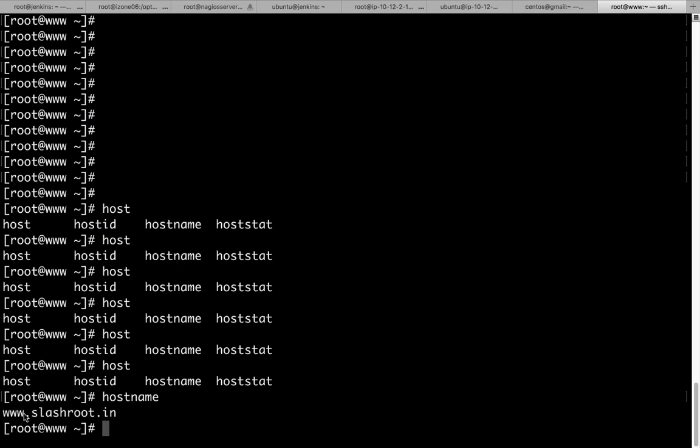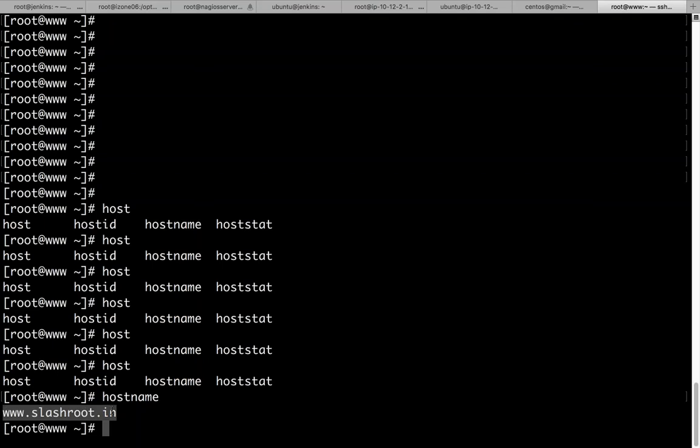I mean, if you want to reach this server, DNS or servers should be able to communicate in a domain using a name like this. Let's imagine a situation: you have another server, okay? So consider this as one server, and consider we have another server named, for example, www1.root.in or www2.root.in, which means I should be able to reach the other server named www1 by simply using that name rather than using the whole name.